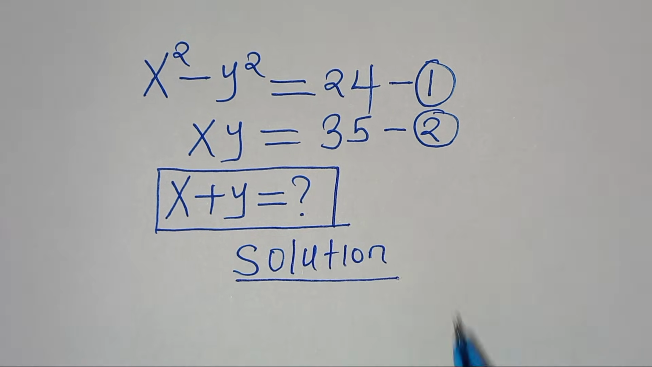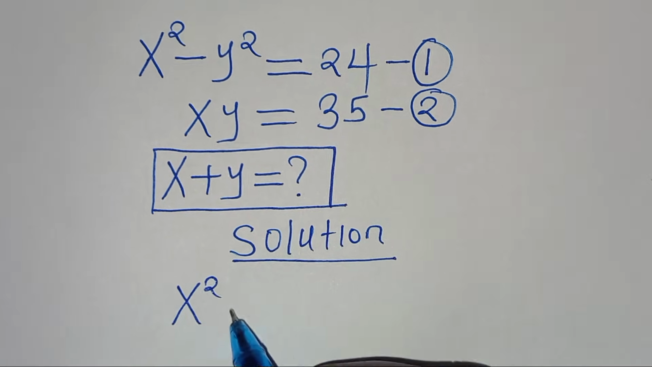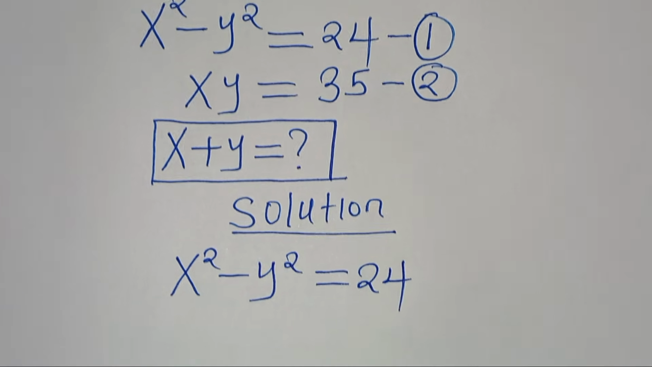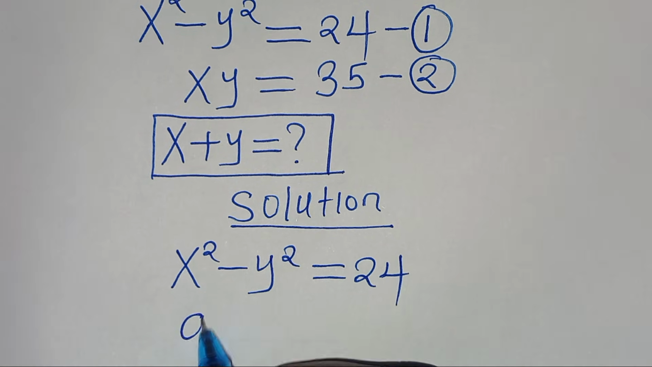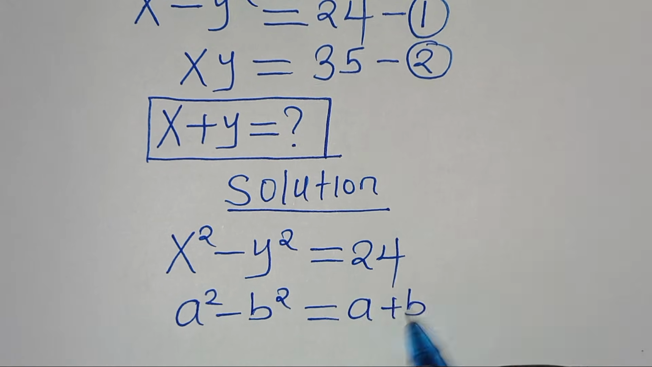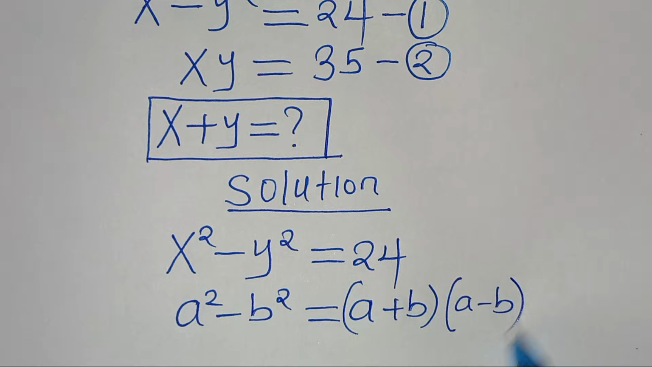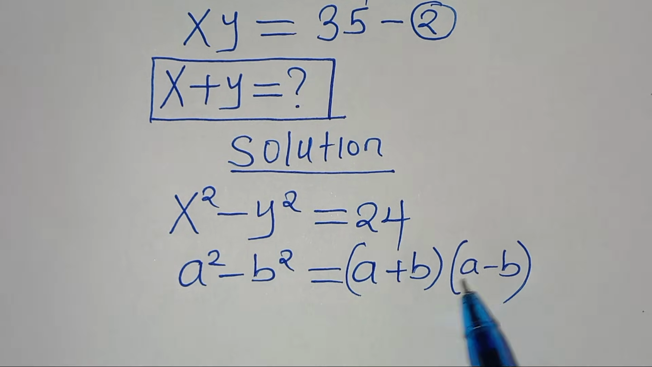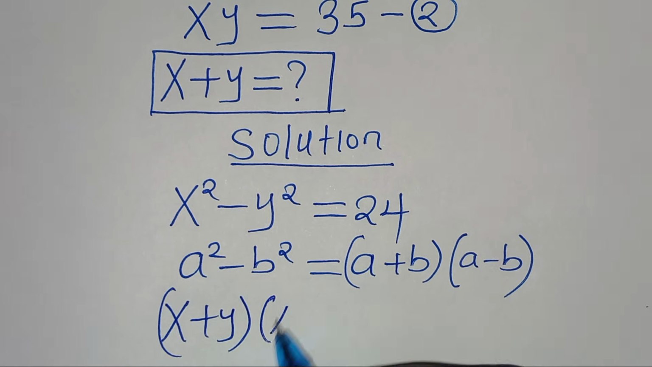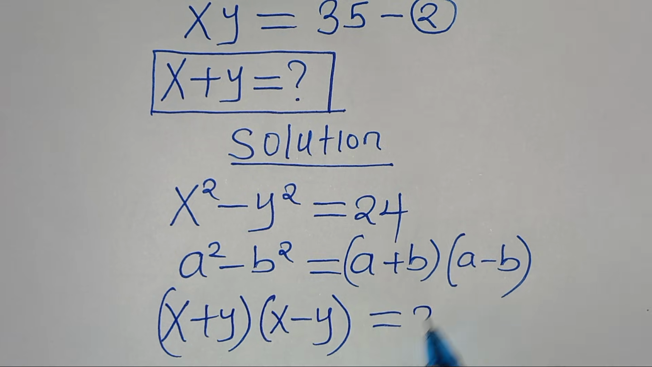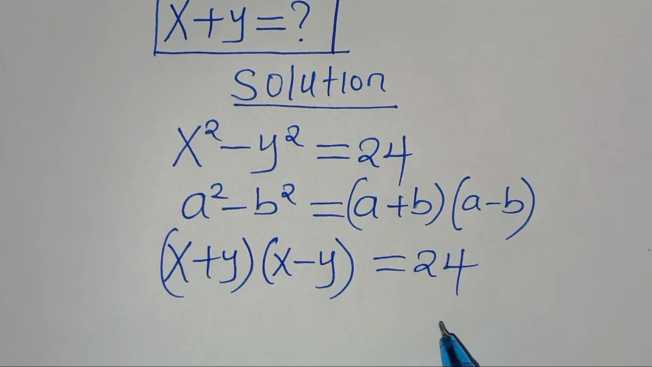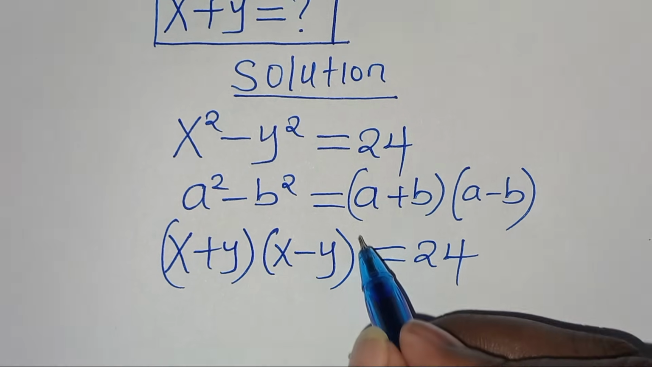Now from equation 1, x squared minus y squared is equal to 24. This equation is in the form of a squared minus b squared, which we can express as a plus b, a minus b. So applying this identity, we have x plus y, x minus y, equal to 24. Now, the next step from here is to square both sides,